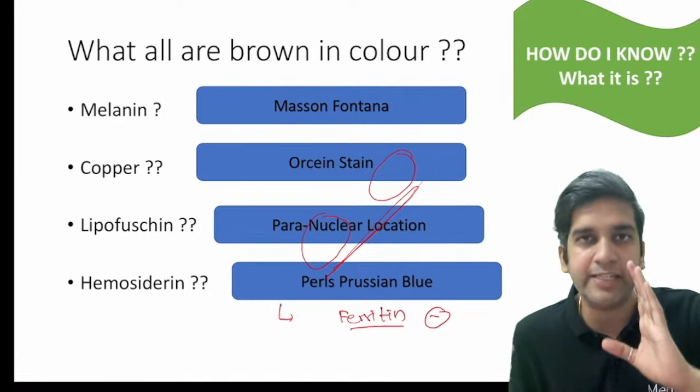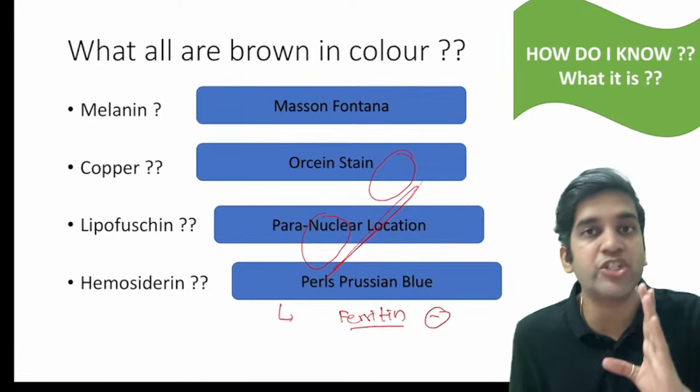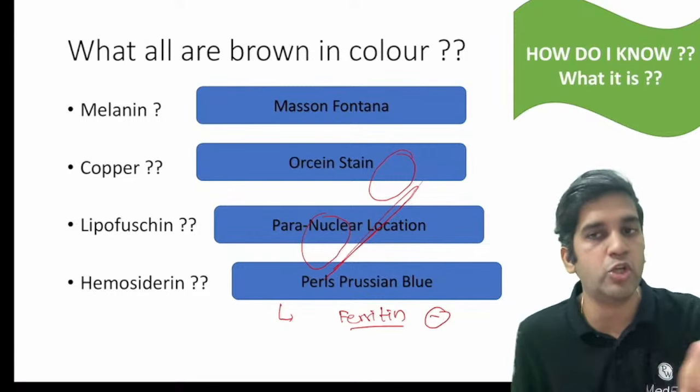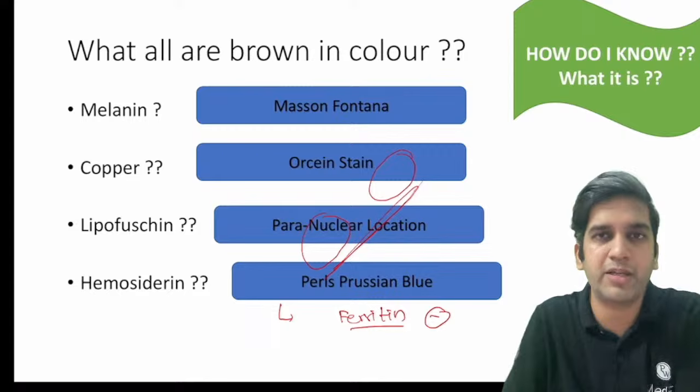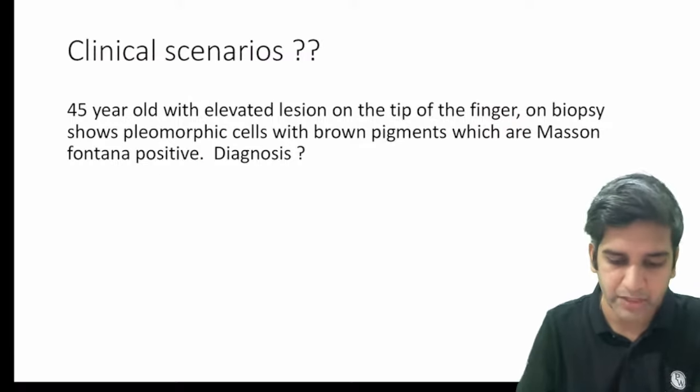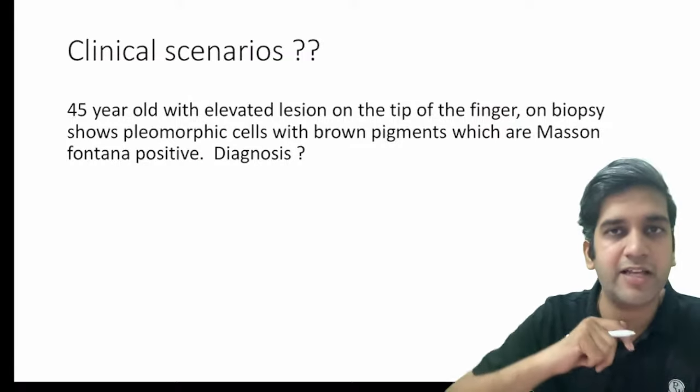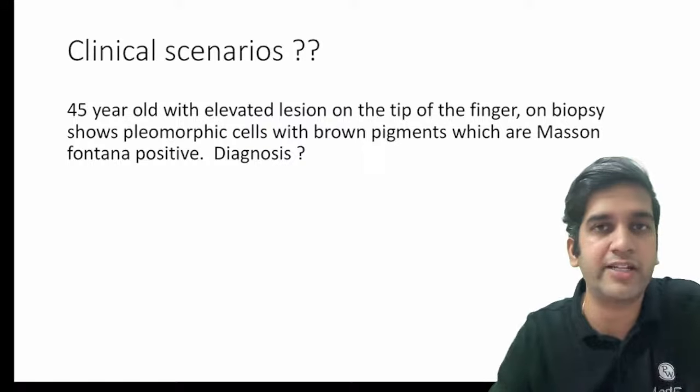So it's positive only in hemosiderin. It's positive only in pathological iron deposit, none of the physiological iron stores, right? Please do remember this, fine? The reason is actually the molecular formula. We'll not go into the depths of it, okay? Now, let's apply these facts and connect the dots, and I want you guys to write the